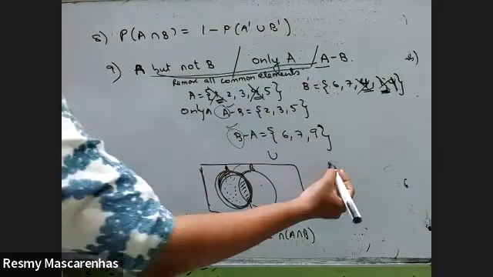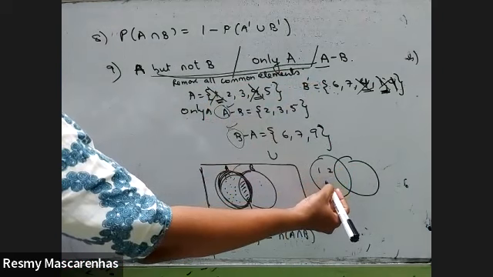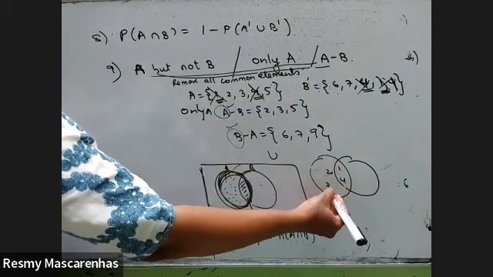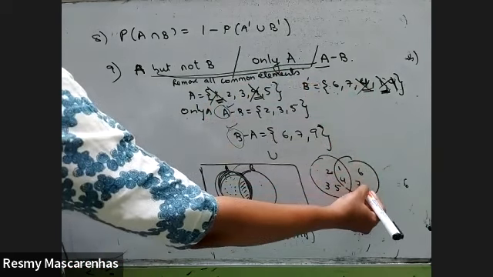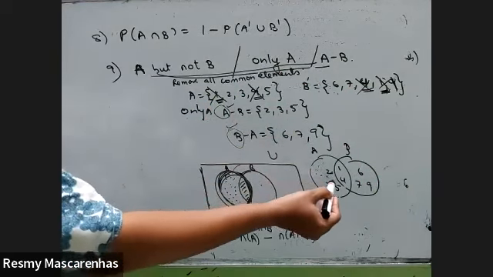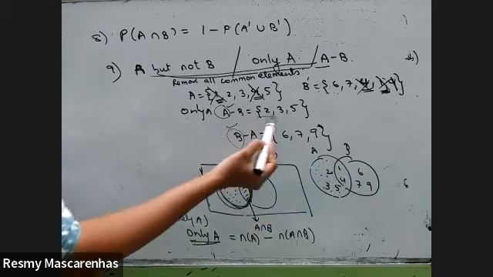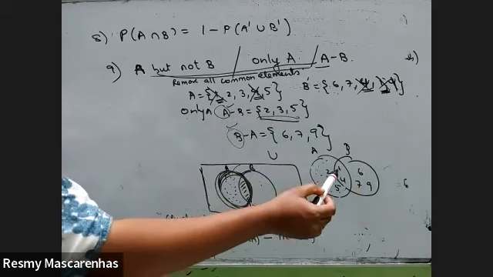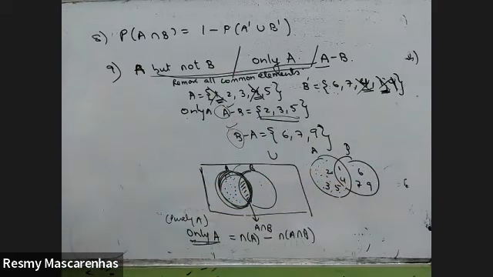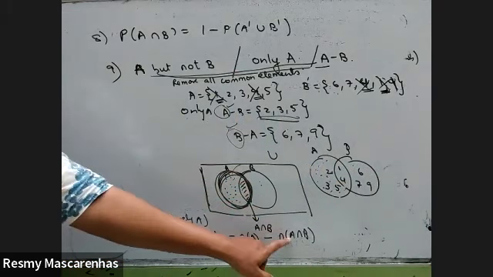Let's put this in the Venn diagram and check with reference to the problem. Whatever is common we put together: 1 and 4. So 2, 3, 5, 6, 7, and 9. If I ask only A, it means only the shaded part. I removed the intersection, the common part, 1 and 4, so only 2, 3, and 5. What is B minus A if I ask? Only B means this part, that is 6, 7, and 9. Try to remember in terms of Venn diagram; this becomes easier. A minus A intersection B.